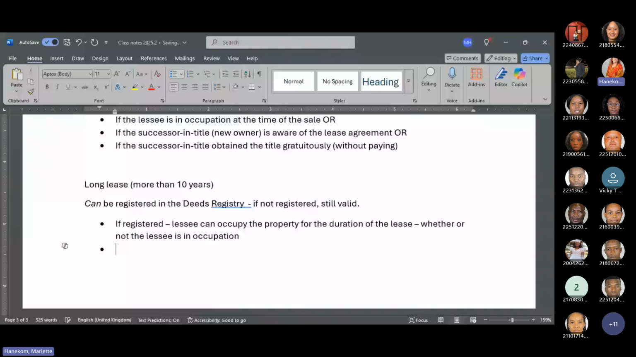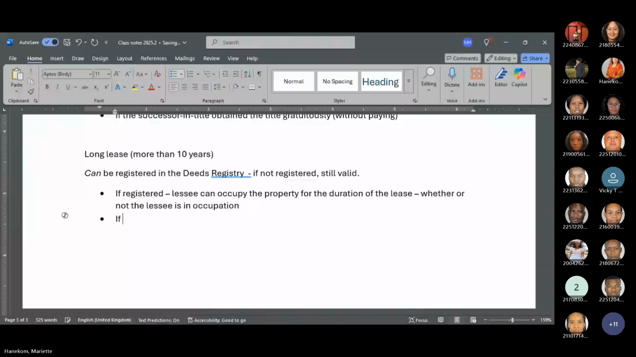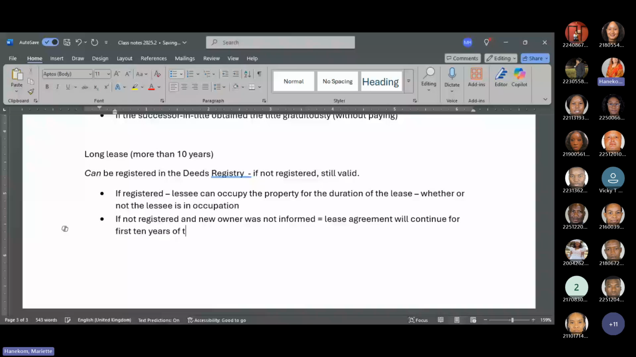If it is not registered, and the new buyer was not informed, the lease agreement will continue for a period of 10 years. Please note, this is the first 10 years of the agreement. So if Mitchell has a lease agreement for 20 years